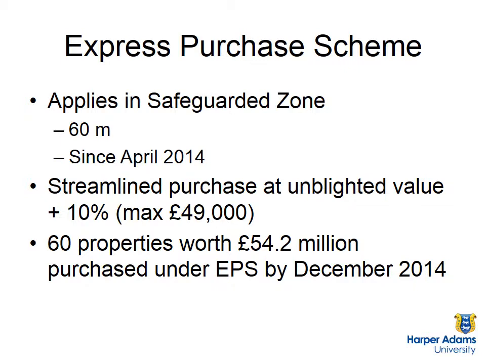The express purchase scheme applies in the safeguarded zone, which goes out to 60 metres since April 2014, and it provides for streamlined purchases at the unblighted value of the property, plus a 10% premium up to a maximum payment of £49,000. It was reported that 60 properties had been bought by the end of 2014 for a total purchase price of £54.2 million. As I say, that was reported by HS2 for what they had bought up at the end of December